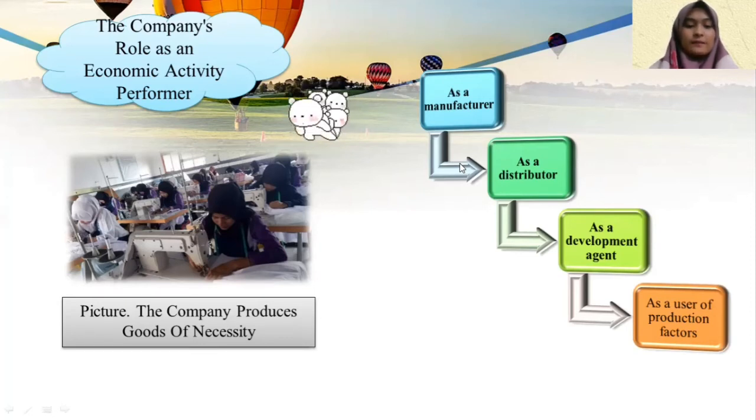We can see in the pictures one example of the company's role as an economic activity performer, namely the company produced goods of necessity. Okay, next we go into